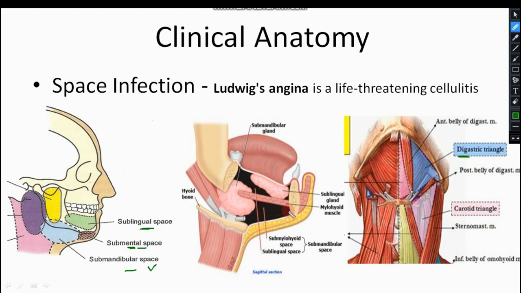As a result, the patient complains of swelling with tenderness in the region. The patient also complains of fever. This swelling increases to such an extent that it compresses the airways. So it leads to difficulty in breathing, and this condition is Ludwig angina. In such cases, the treatment is incision and drainage.